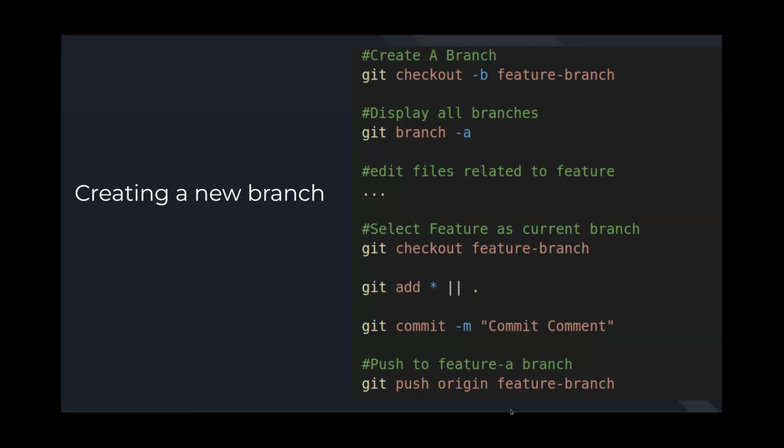This is going to push your changes to feature branch, and this is actually going to show up on GitHub on those feature branches. So when you do that, you'll have a feature branch with new changes, and then you'll have a master branch with the old changes on it. They should be up to date in a sense that anything you didn't do should be on your branch, but anything you've added won't be on master. Are there any questions about that? I know that's kind of confusing, or it can be.